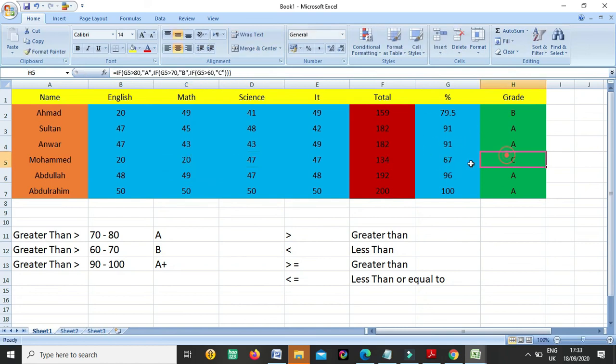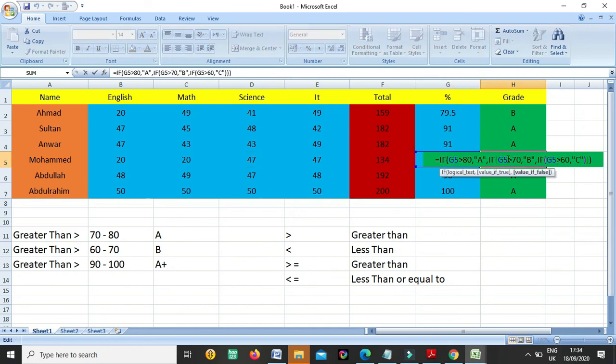Why? Because he has 67, and in the formula I said if somebody has greater than 60, he will be C. He will be greater than 60 but less than 70, because if greater than 70 he will be B.